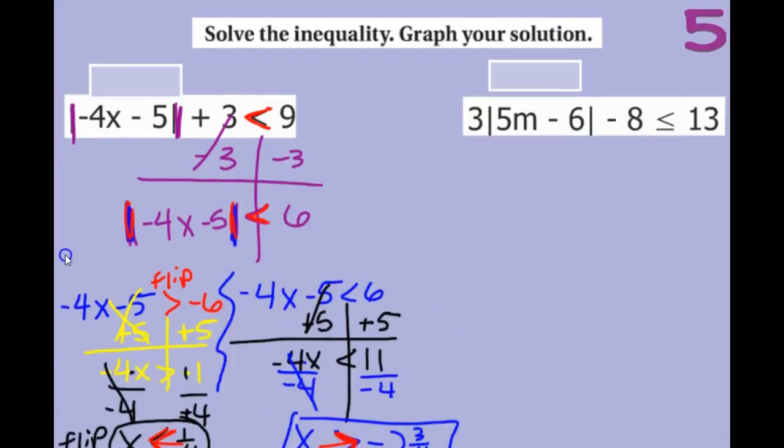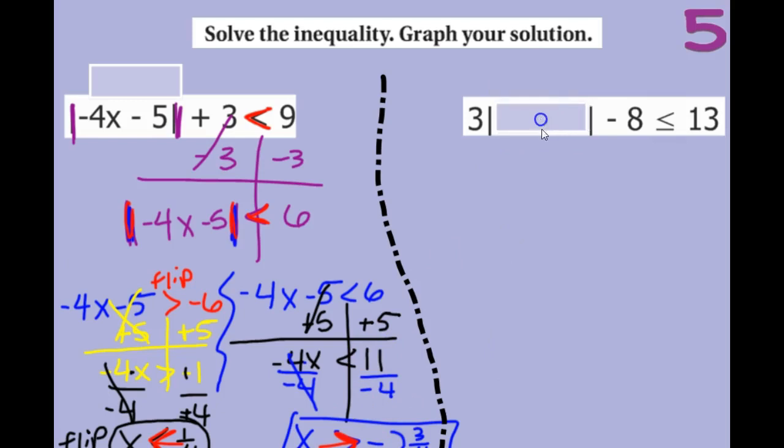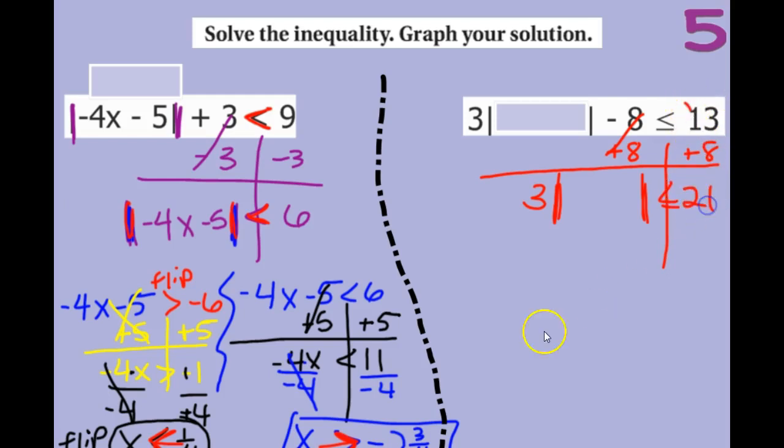Alright, next, let's take a look. We need to clean up our bathroom, or get rid of everything outside of our shower. So first, get rid of your addition and subtraction. So I'm going to add 8. So we have 3, and then absolute value of whatever's in there. 8 plus 3 is 11, so we have 21. And what do I have inside there? I really have 5m